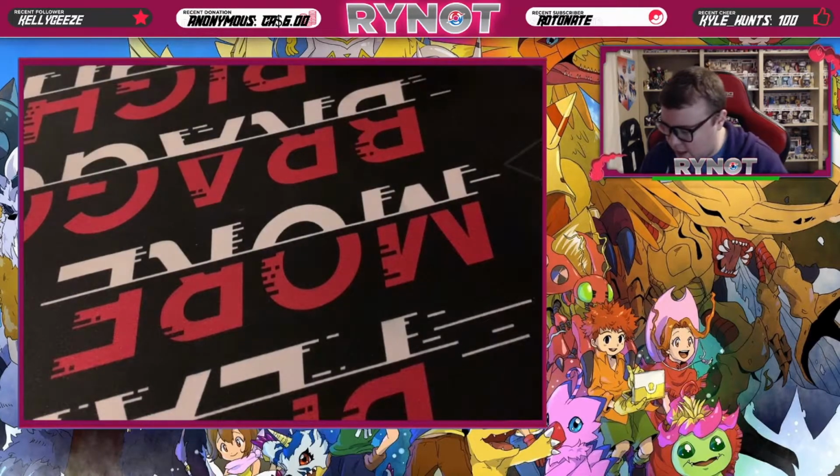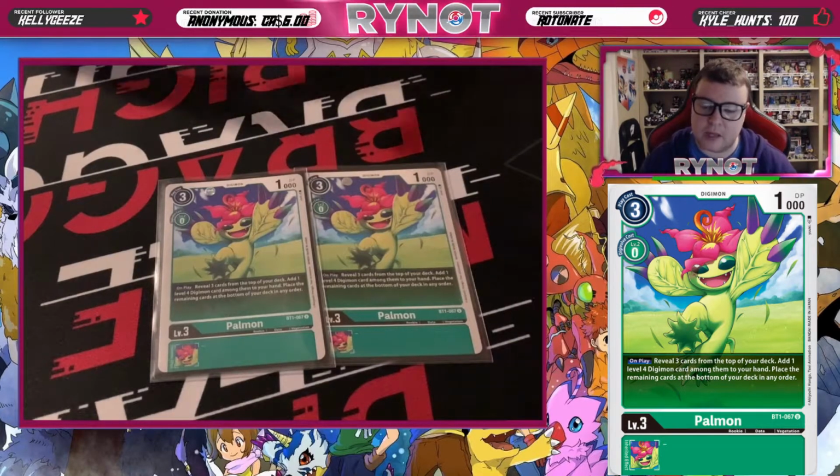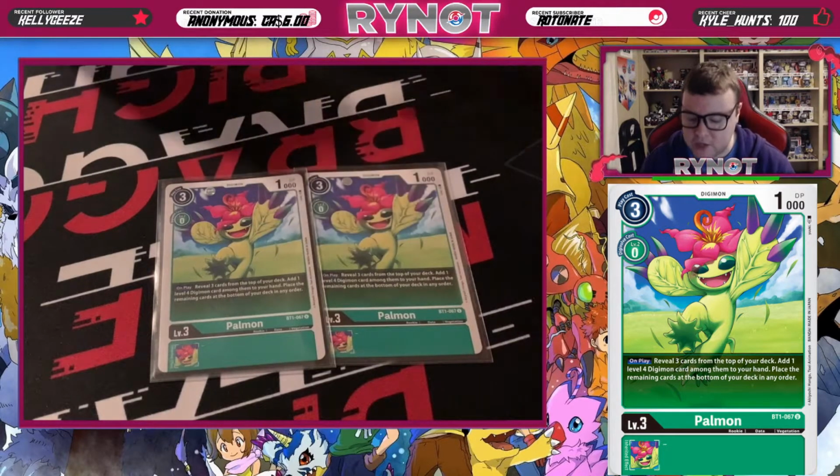And then the final rookie we have is 2 copies of Palmon. Palmon is really good to be able to go and fetch your level 4s. It's a 3 cost, so